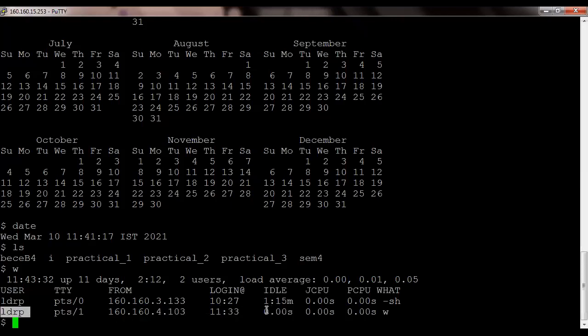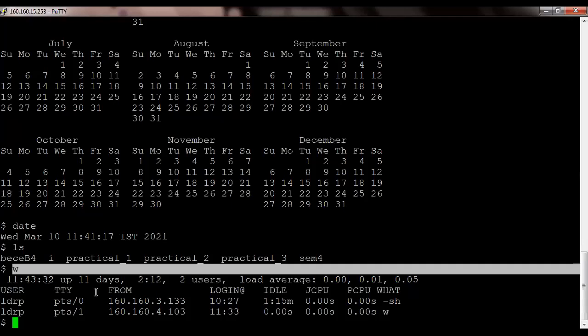So it works for the 160.164.103 IP address, which is the first terminal system, and the CPU utilization is given, along with what is executed over the terminal, that is w.